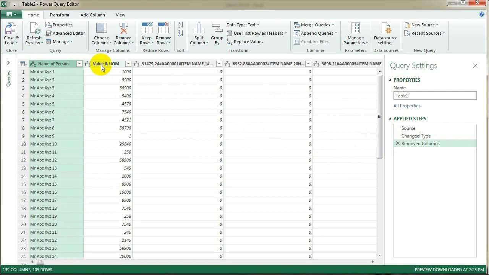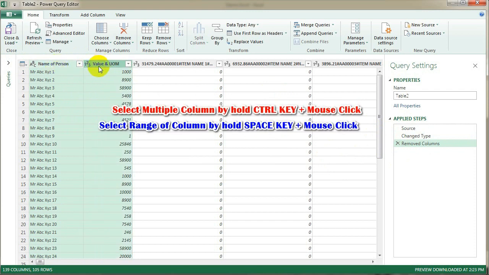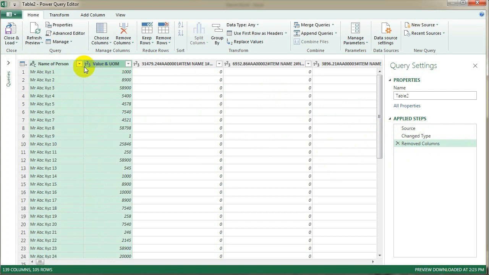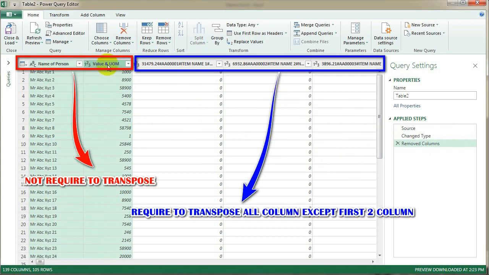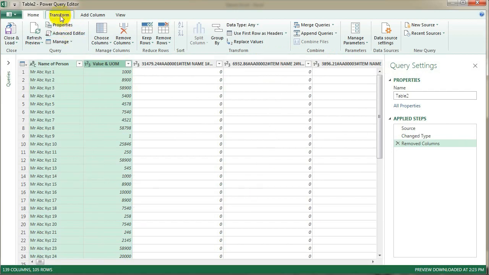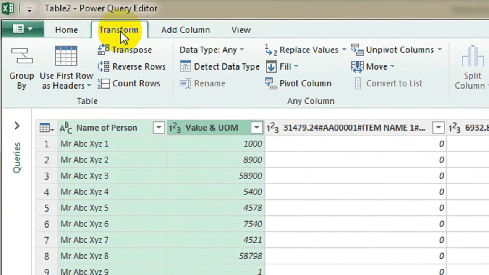Name of the person, value, and year. I select these two columns because I do not need to transpose them. I need to transpose the rest of the columns. Select this, go to the Transform option.